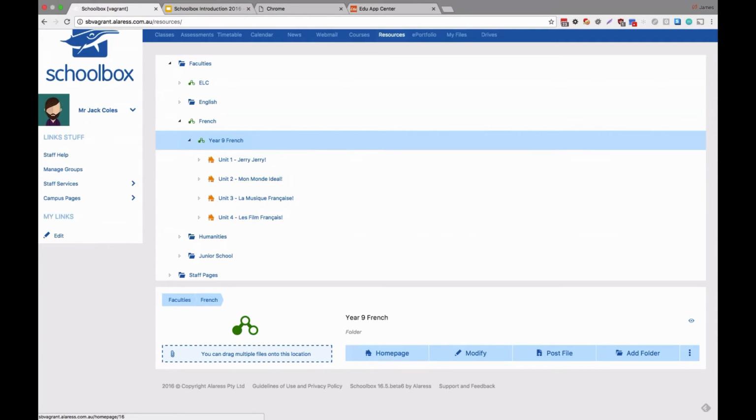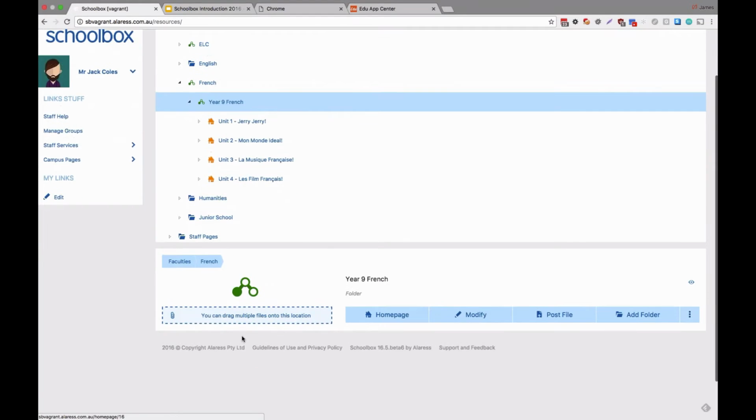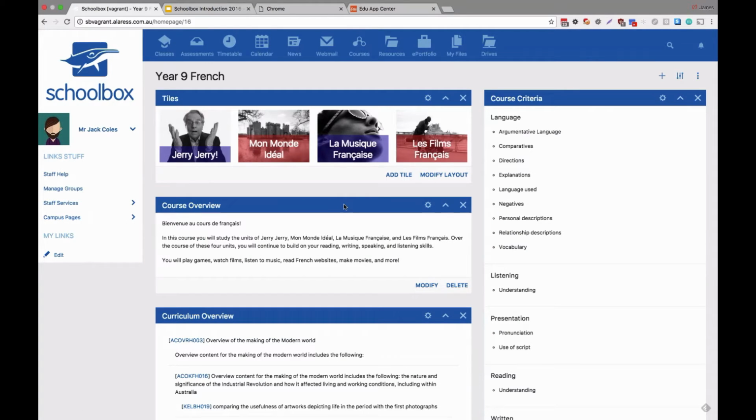And inside here, while I'm here, I should point out some other changes. This is quite convenient. You can now see that we've indicated that you can drag multiple files into this location. A lot of people pointed out to us it wasn't entirely obvious that you could do this, so that's now improved. It's now obvious you can drag files there. Also note the homepage link. For those that could never find the link to the homepage, there's now a direct button there to make it easy to find. Now you see here we've got tiles to each of the unit pages,